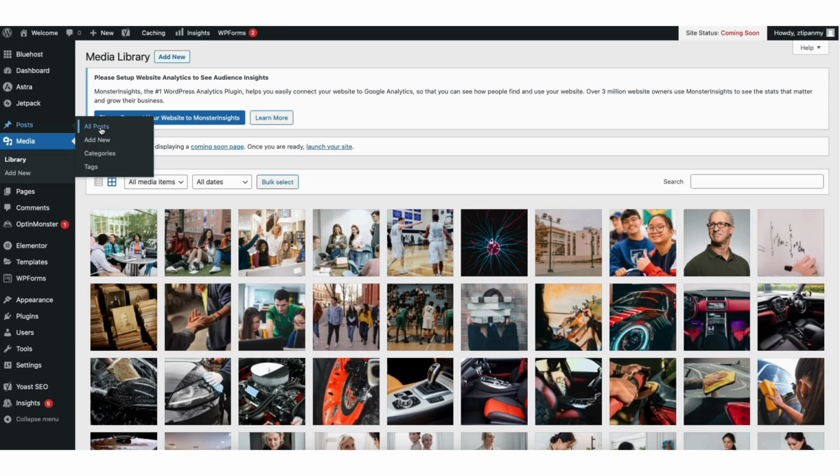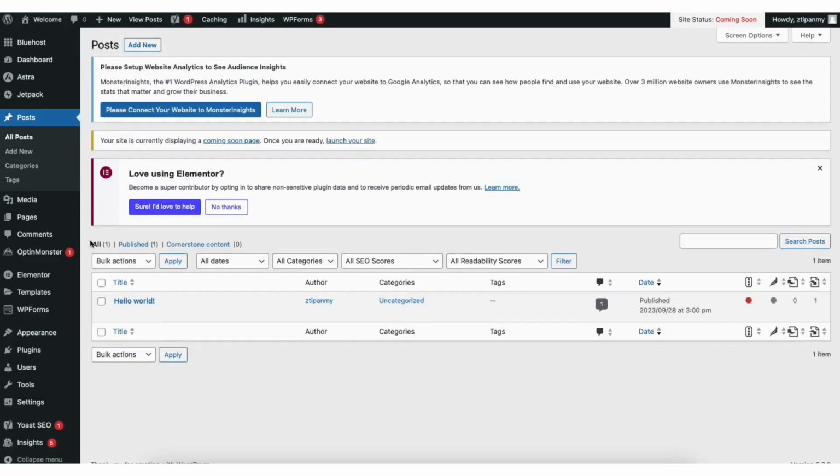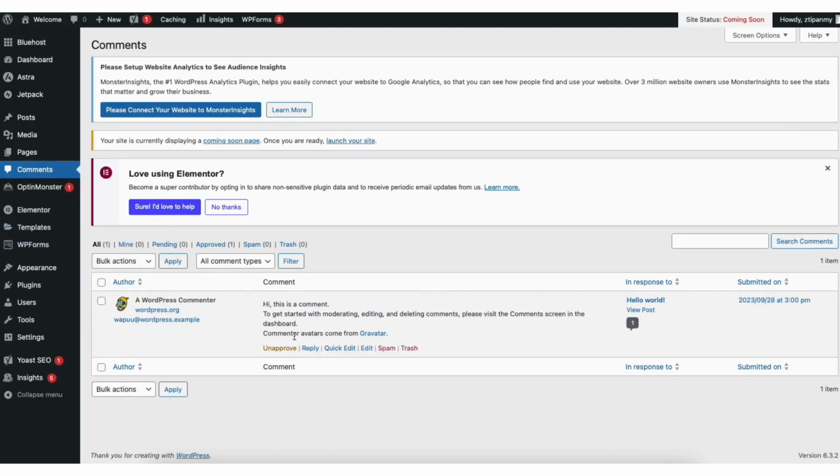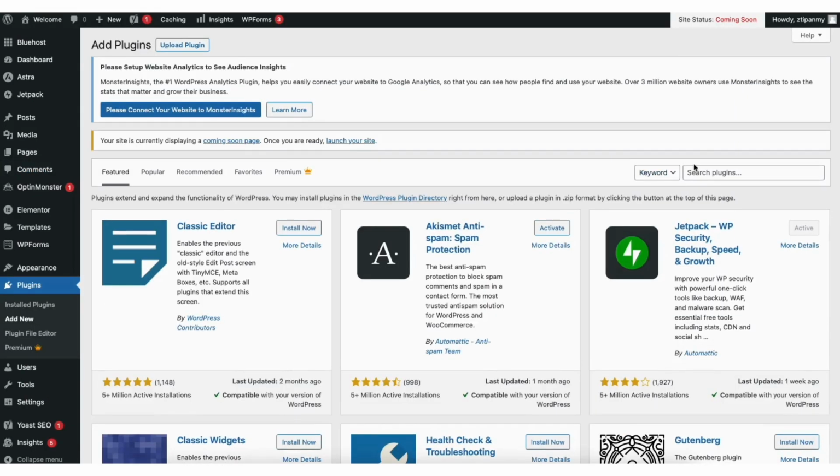If you click All Posts, it'll pull up all the posts you have on your site. If you click the Comments tab, you will see all the comments you have on your blog post. You can easily reply, mark it as spam, or trash the comment. If you hover over the Plugins tab and click Add New, you can then search for or browse plugins to